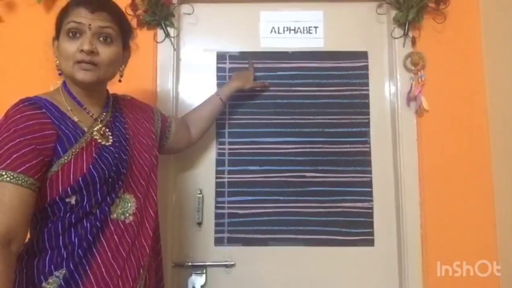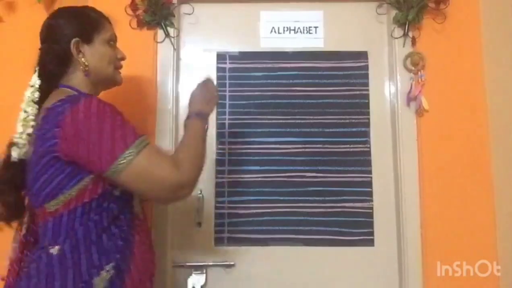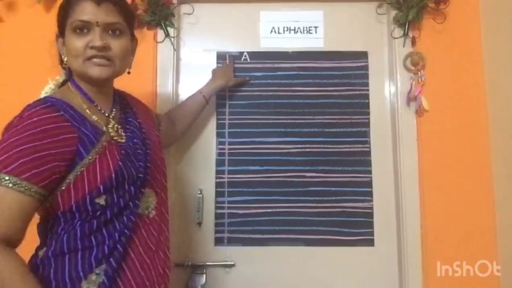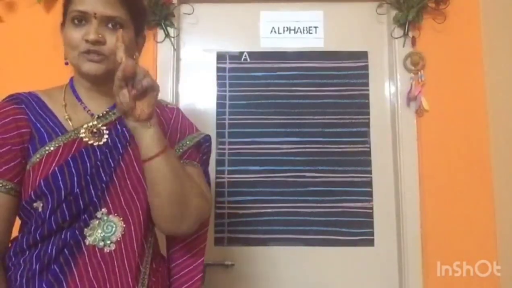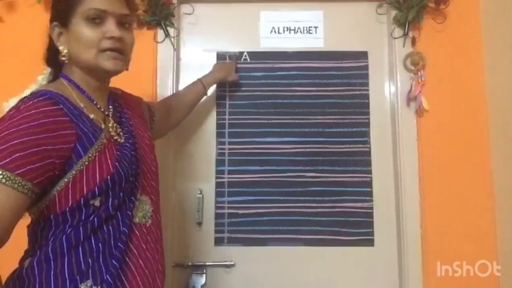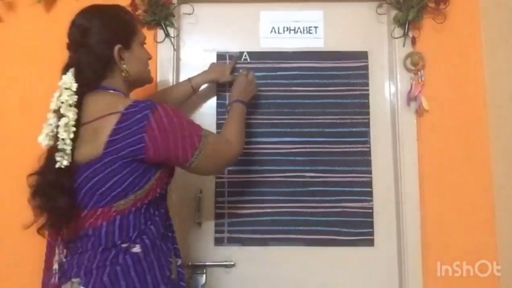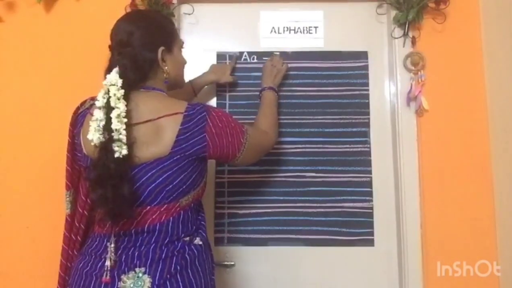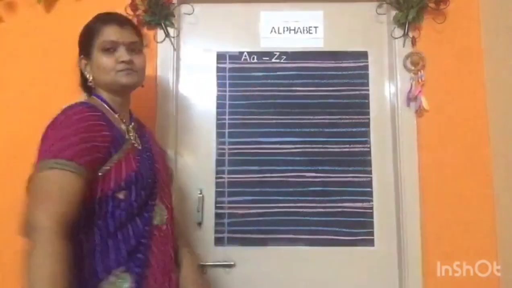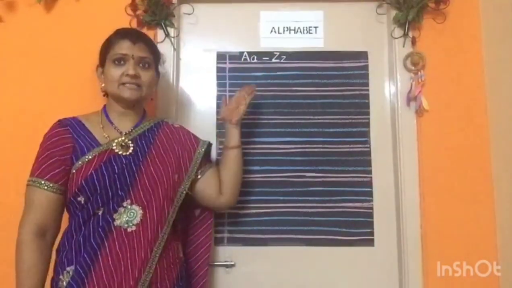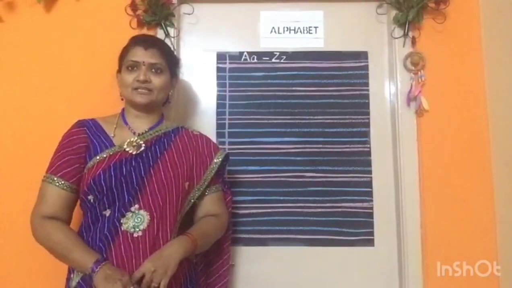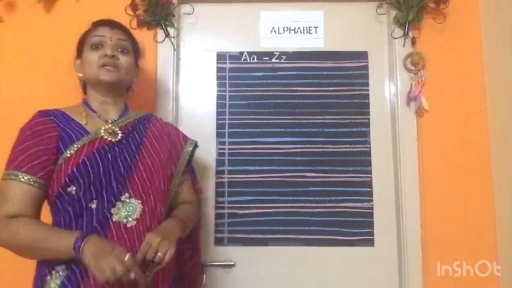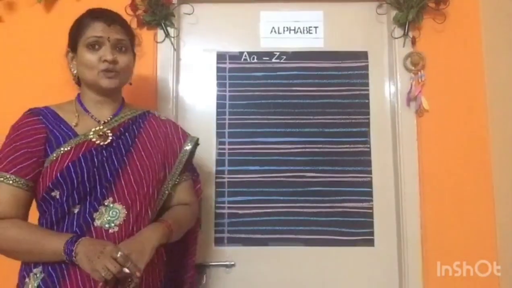Here in the column of heading, you have to write capital A. Give space, that is finger space. I told you finger space you will use with your pointer finger. Put your finger after the margin line. Capital A, small a, hyphen, capital Z, small z. Once you finish writing the heading capital A to Z, start children. First letter A. A says A. Now how to write the A I am going to show. You are going to follow me.